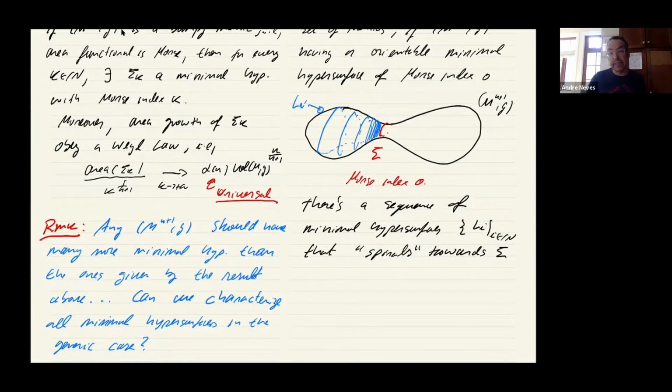So what I'm going to do now is describe some new directions regarding the existence of minimal hypersurfaces. It's worthwhile to go through what happens in the geodesic case to give some intuition of the things we are after. The general motivation is that any closed three-manifold should have a lot of minimal surfaces, I would expect many more than the ones described by this result of Fernando and myself, which falls from the multiplicity one conjecture of Schoen.